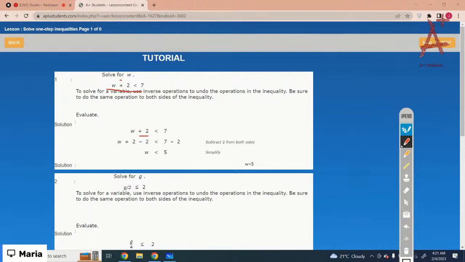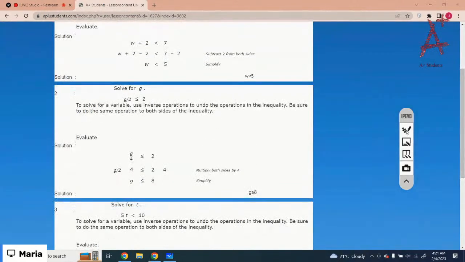Okay, the next one is G over 2 is less than or equal to 2. So G over 2, you have to remove the 2 that is right below the G. Got it? You have to basically isolate the G. So the opposite of division is